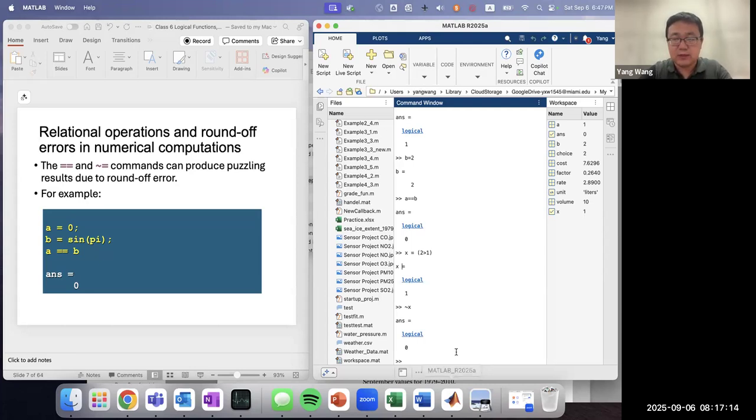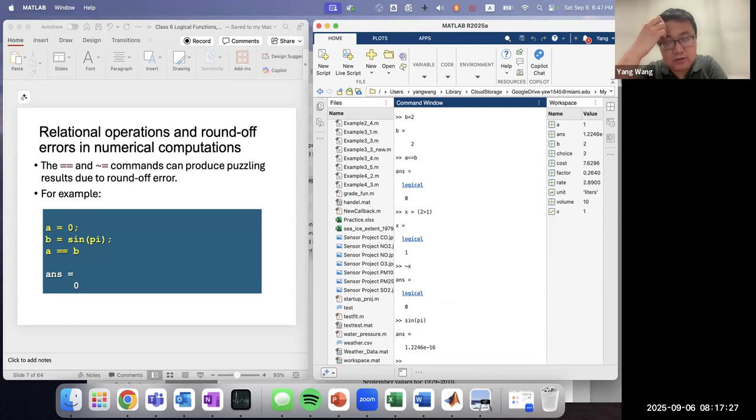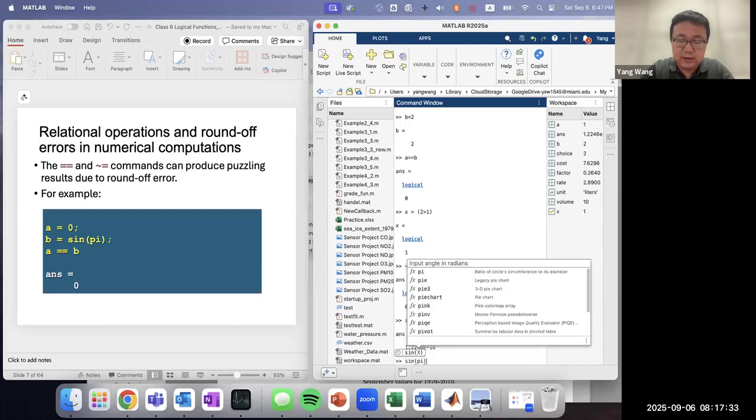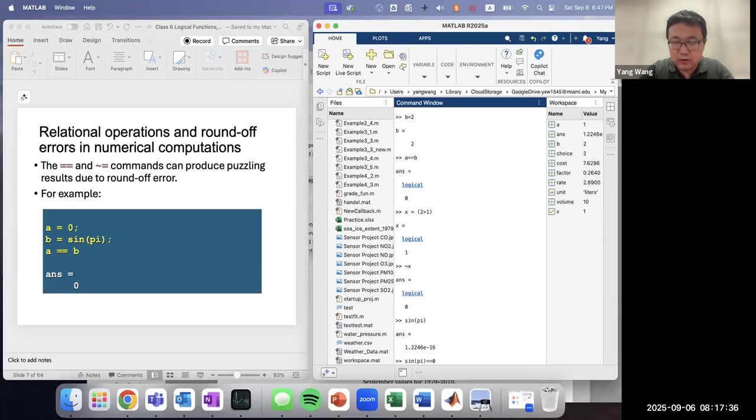For example, we know that the sine value of pi in an actual situation should be 0. But if you type it in MATLAB, you can see that what you get is a very, very small value, which is not 0. Under this situation, if you want to test whether sine pi is equal to 0, it will say no, because these two numbers are different. This is related to the truncation error or the round-off error